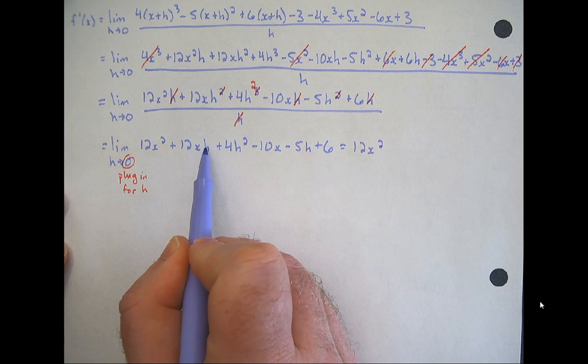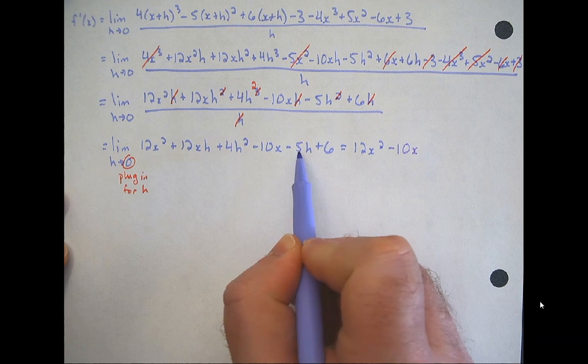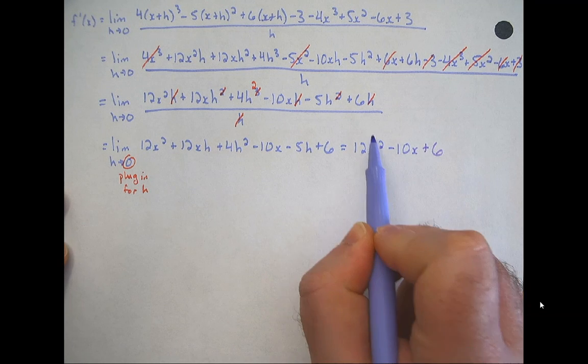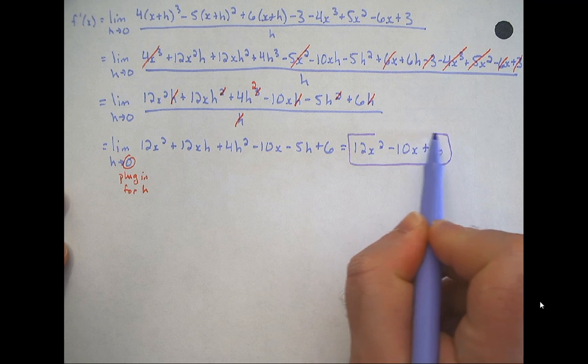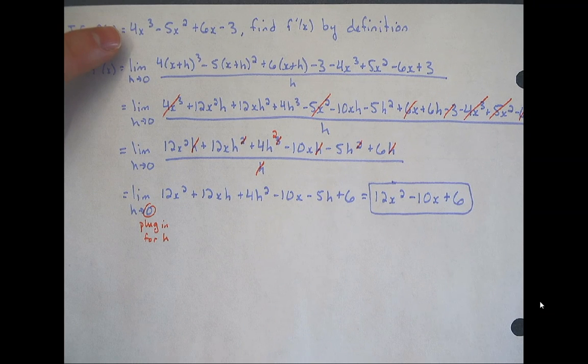That has an h, so that's 0, that's gone. That has an h, gone. Minus 10x. H would be 0 plus 6. Okay, now the challenge for you here is to pause, look at the original function, and see how you could